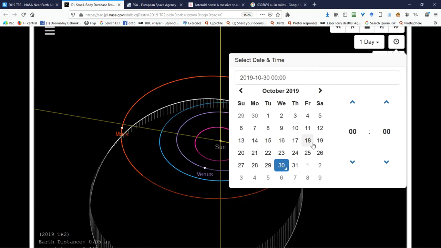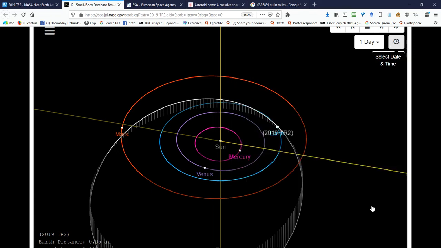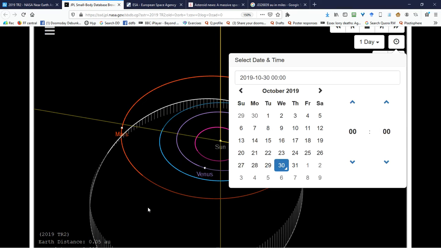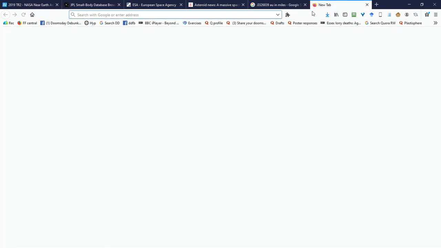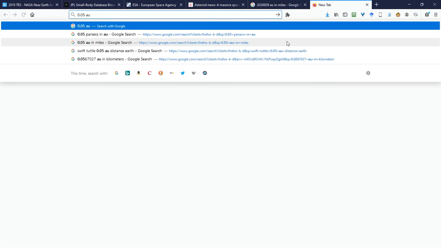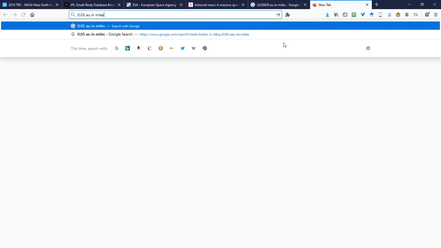So I'm in British winter time, which is the same time as they use for these things. And we can actually have a little look and see. Look at the table. So we go back to the thing, and there you see it does look very close. But if you go and look down here, it gives the Earth distance, which is 0.05 AU. And we could do the same thing. 0.05 AU, that's how far away it is. Go here, and it's actually moving away now. That's 5% of the distance to the Sun. We work that out, and it is currently,